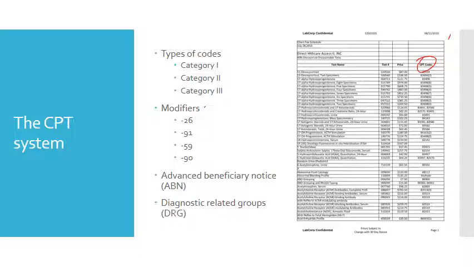And then 90 is a modifier that's used to indicate that the lab has referred a particular procedure that it is billing to a reference lab. So if we don't perform it in-house, we might add this modifier. In this case, we might end up billing it, and then what we have to follow is what's called the 70-30 rule,